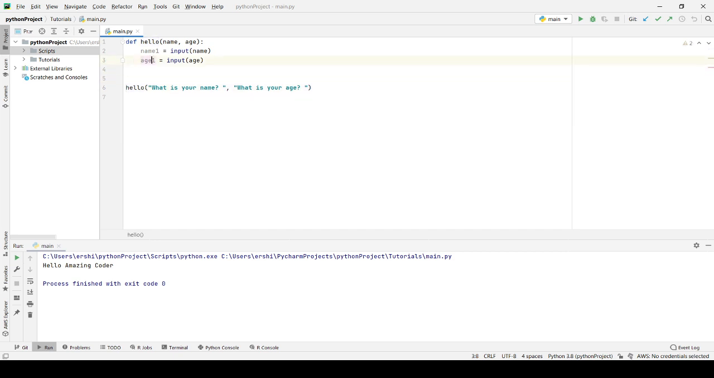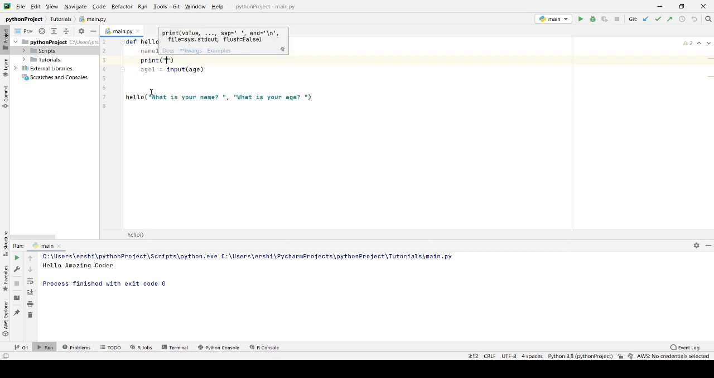And then up here I am going to print, print "hi," and then a space and name one. Or I just want to test it. What if I just give it name? Will it work? I don't know. But let's just now